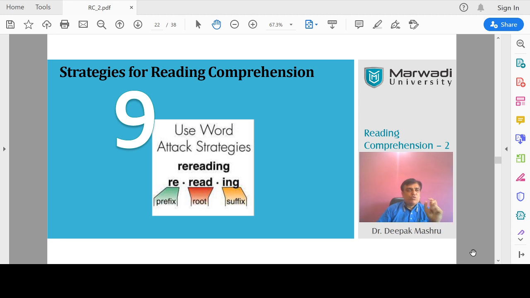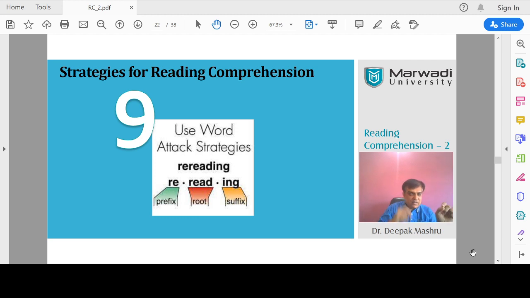For example, you know which prefixes are used for making negative words, which are used for making positive words, or making adjectives, suffixes and prefixes. If you know this, you will be able to find out how the paragraph progresses. So if you don't know the meaning of the word, it's okay. But if the prefix has been written there,